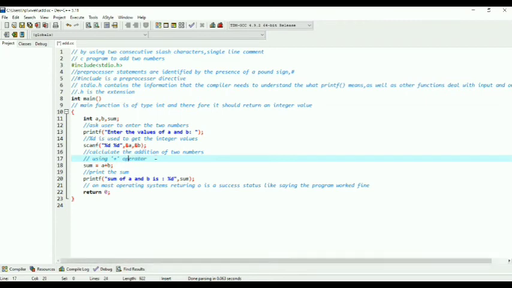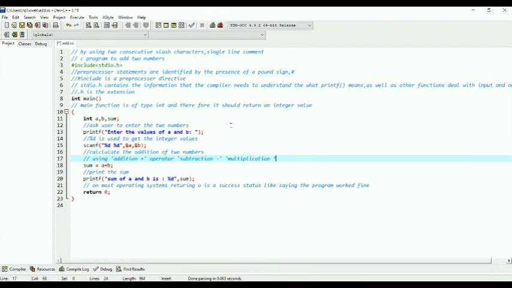For addition, we use the plus operator, then subtraction, multiplication, division, and modulus. Modulus we use to get the remainder, okay guys.